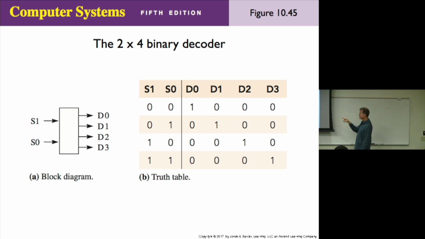S1, S0, and we consider here in the truth table on figure 10.45, we see that if S1, S0, if we think of it as being a decimal number, so its value can either be 0, 1, 2, or 3, then if it's 0, then D0 is 1 and the rest are zeros. If it's 1, then D1 is 1 and the rest are zeros. If it's 2, D2 is 1 and the rest are zeros. And if it's 3, D3 is 1 and the rest are zeros. Yeah? Is everybody